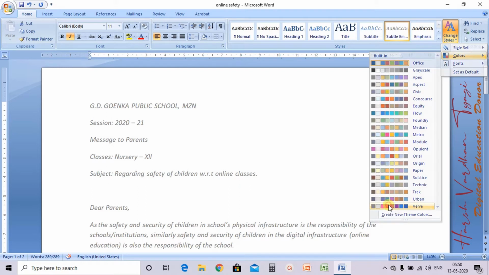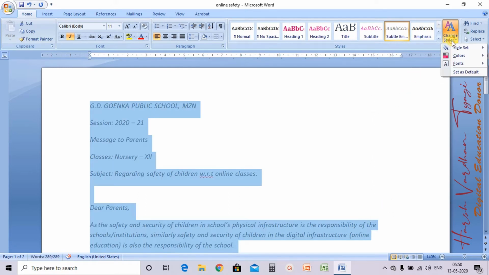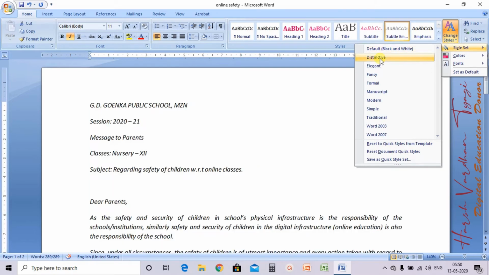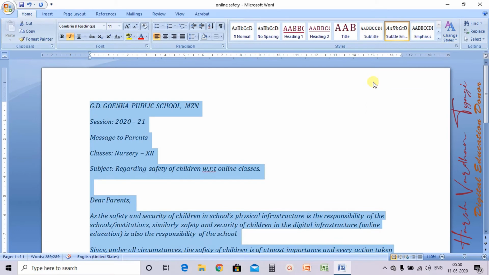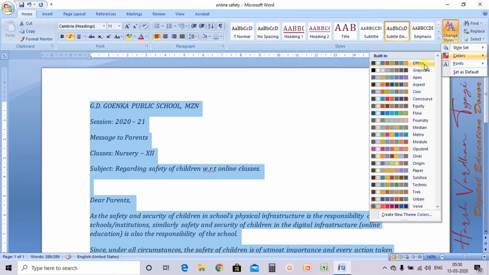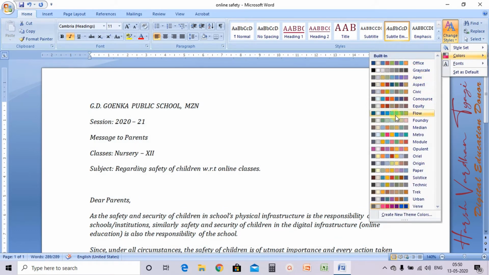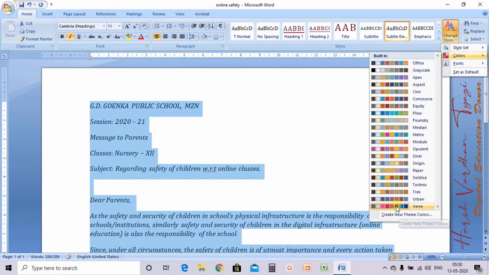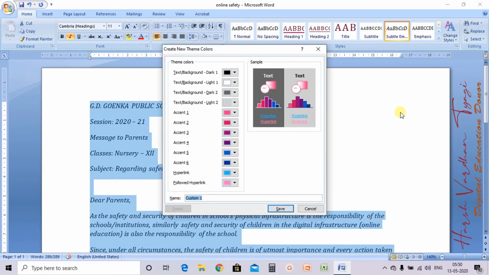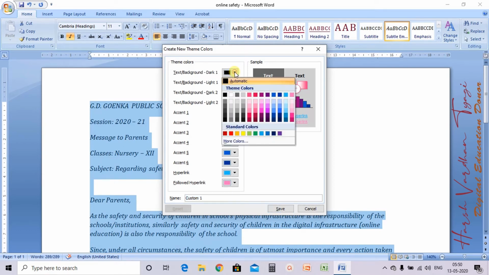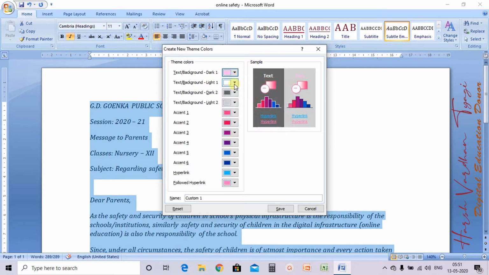I have selected this one. Style Set: Elegant, Fancy, Formal. So you can choose the style from here. Then Colors. The color will not work because of the text background. Selecting this one.